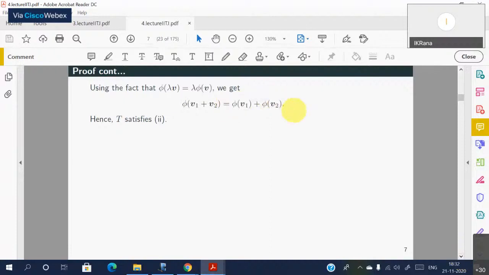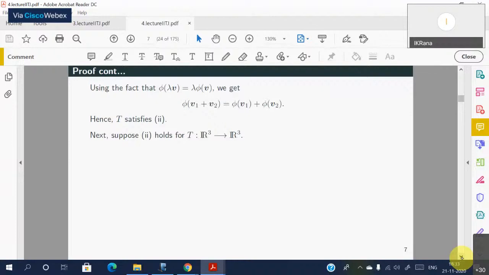So basically it's a very simple argument using the property of T, that it preserves collinearity and division ratios. T satisfies property 2, namely phi, if you subtract T0, then the image of the sum is the sum of the images, and the image of a scalar multiple is the scalar multiple of the image.